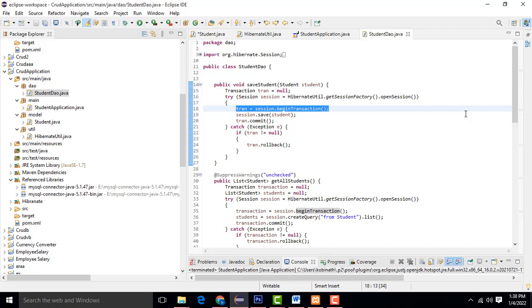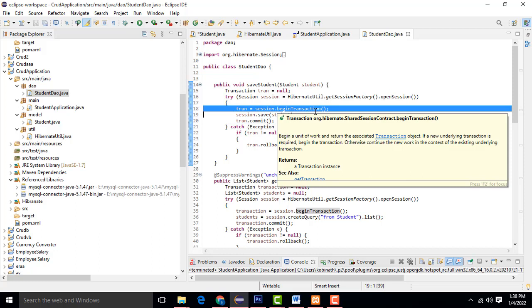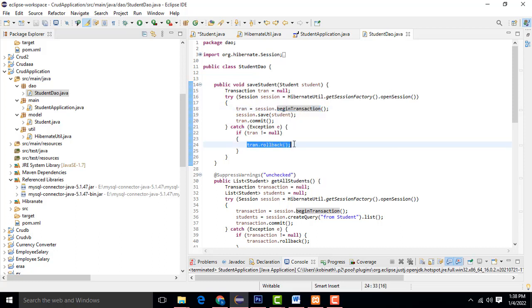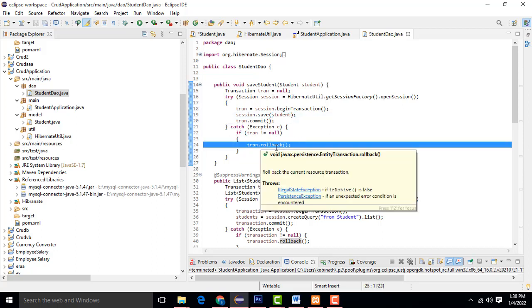We have to use transaction begin and commit. Only if the transaction is successful, transaction commit. If you save the data successfully without any failure, meaning the record is added, only then will the transaction commit be executed. If there is any failure while you insert, the transaction will roll back. This is the difference between transaction commit and rollback. I have uploaded a video in my core Java series on how the transaction works. You just go and watch it. You can gain good knowledge of transactions.